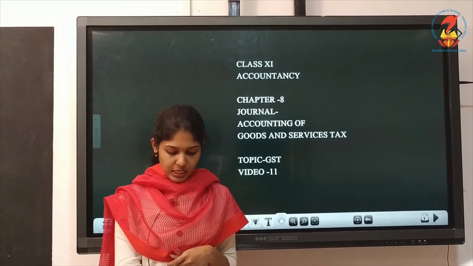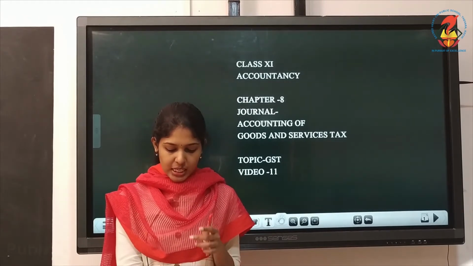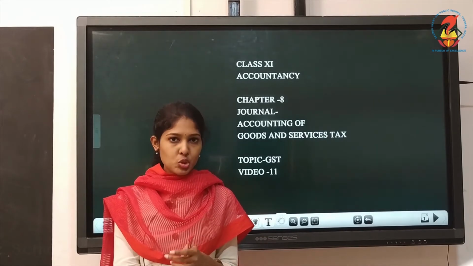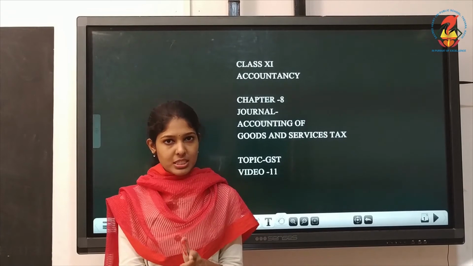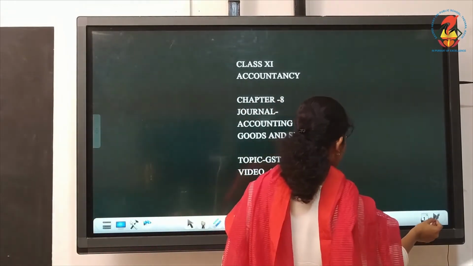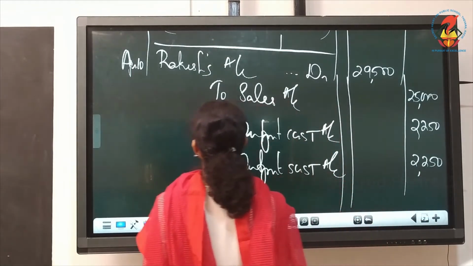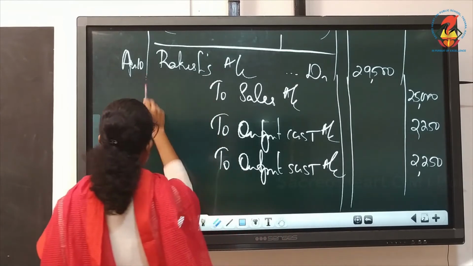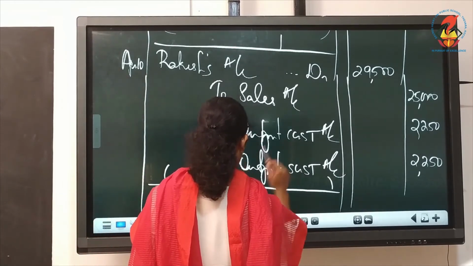Purchase machinery and the place is Haryana. Payment is made by check. So you have to write which GST here. You will have to write input IGST. So the entry is April 15th is the date. Yes, we can continue from this. You write the narration for the previous one.